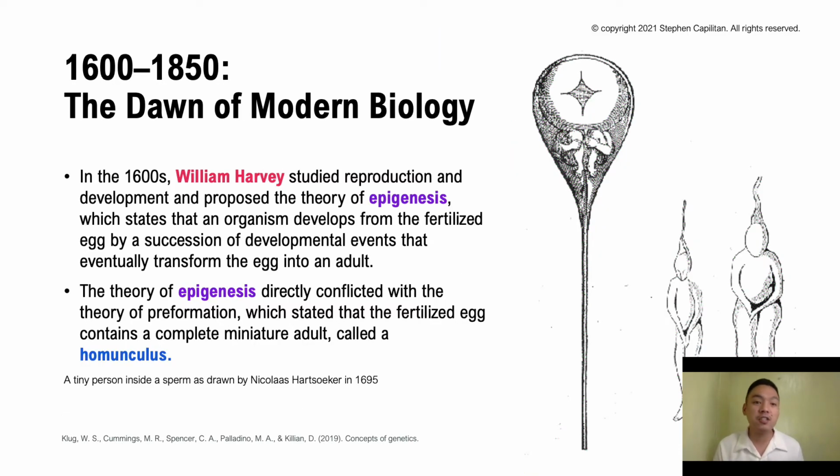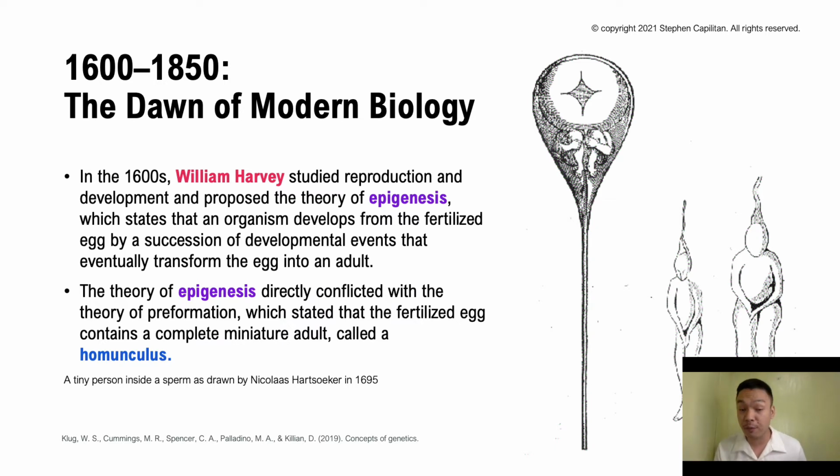So in the 1600s to 1850s, this is what we call the dawn of modern biology. In the 1600s, William Harvey studied reproduction and development and proposed the theory of epigenesis, which states that an organism develops from a fertilized egg by a succession of developmental events that eventually transform the egg into the adult. Okay? And the theory of epigenesis directly conflicted with the